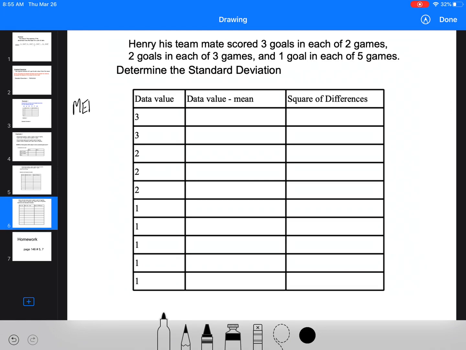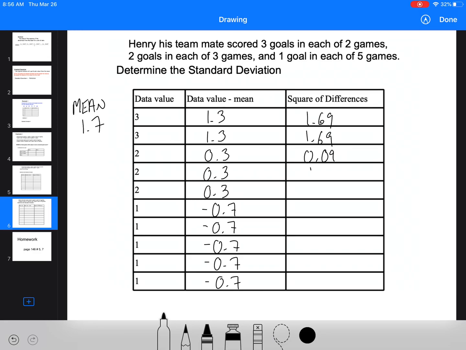So here, our data values. So we know our mean is 1.7. So our data value minus the mean. So 3 minus 1.7 is 1.3, 1.3, 0.3, 0.3, 0.3, negative 0.7, negative 0.7, negative 0.7, negative 0.7, negative 0.7. So then we're going to just take those values and square them. So we get 1.69, 1.69,